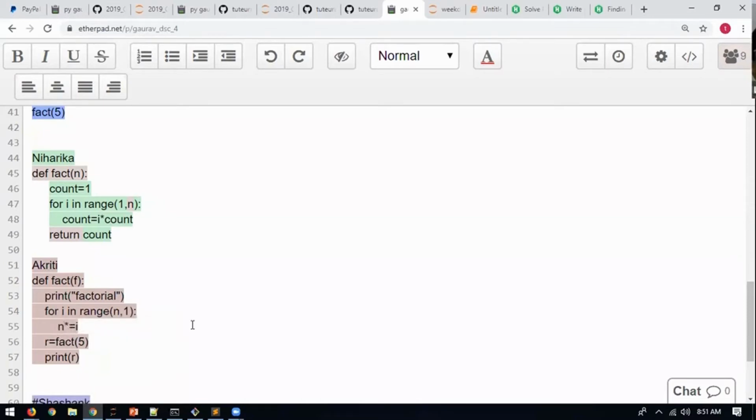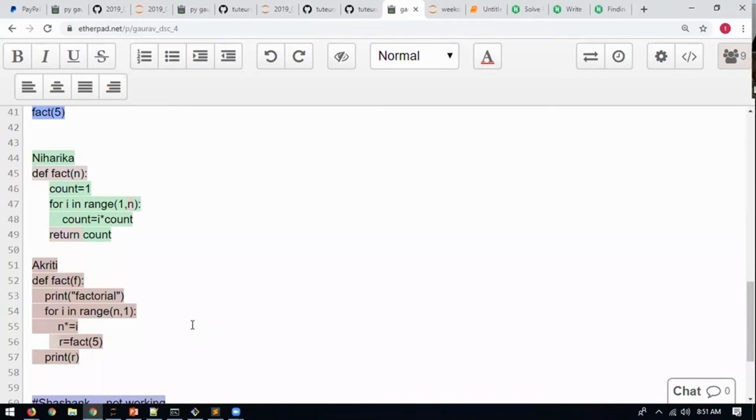Is it going in, I mean, star? Is it showing star? Your code. Nothing is showing. How, I mean? No, I mean, when I press shift plus enter, it goes to the next line. But is it showing a star? No. Is it executing continuously? Yeah, it is executing continuously.